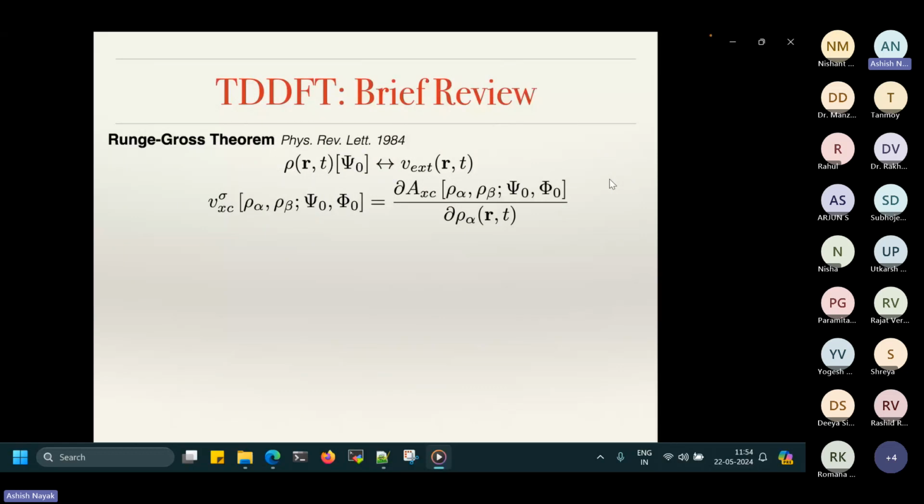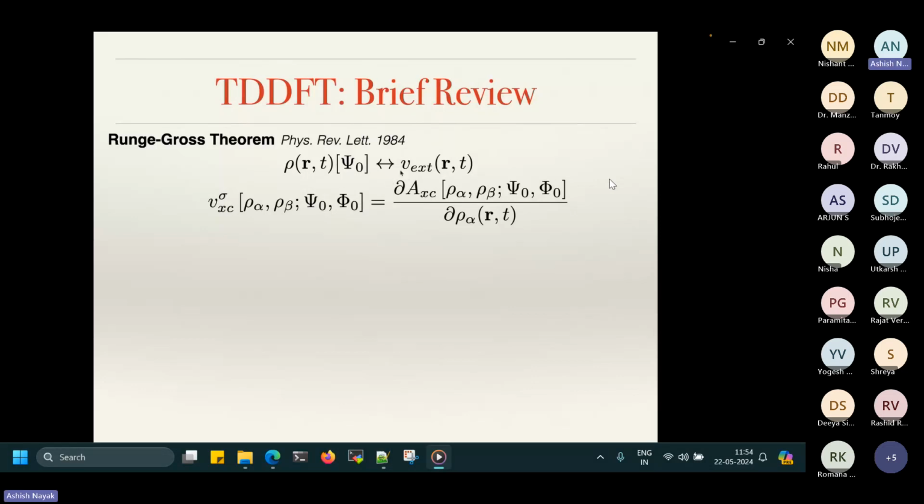Now, having mastered the ground state, the next question is that can we ask similar questions if a system is excited? In the sense, is there a theory that can map interacting problems in the excited state to non-interacting problems in the excited state? Turns out that it can be done, and the basis for this comes from the Runge-Gross theorem from back in 1984, which established that